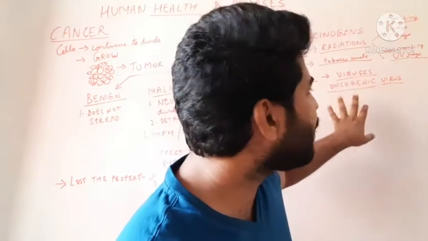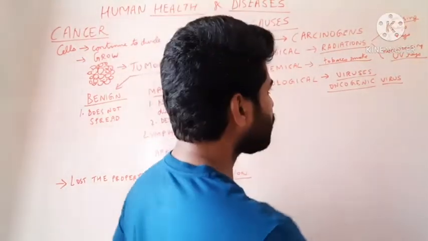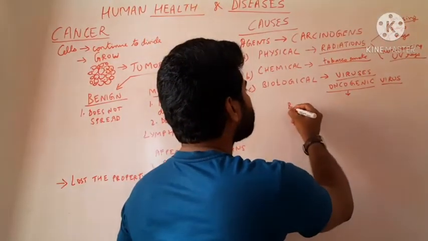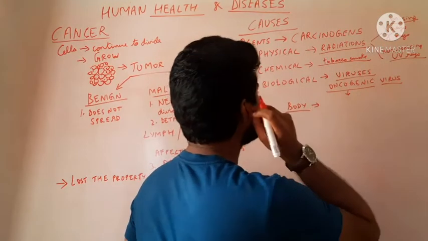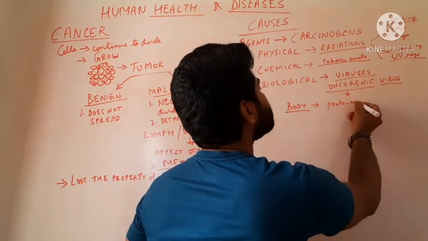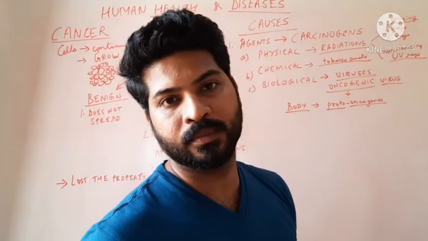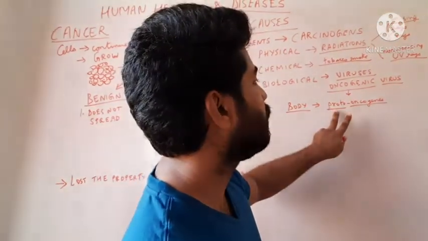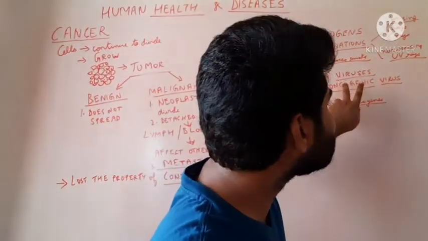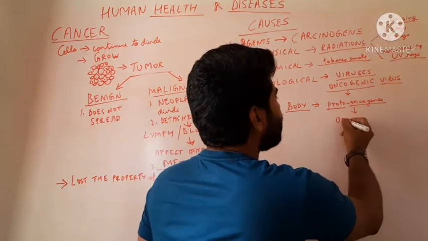The study of cancer is called oncology. Oncos means cancer. When oncogenic viruses enter the human body, there are inactive forms of cancer genes called proto-oncogenes. Proto means these are in the inactive form. There are genes which are responsible for cancer, but let us say their switch is shut off. It is in the off stage. When the virus enters the body, the switch is turned on and these proto-oncogenes become